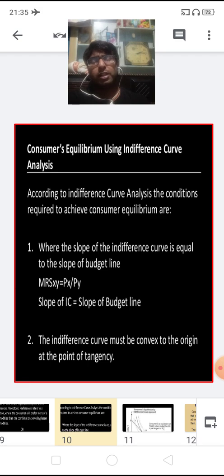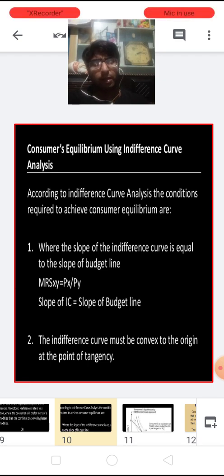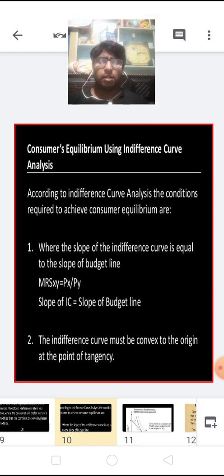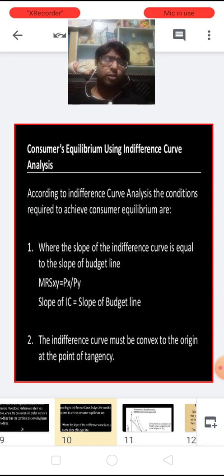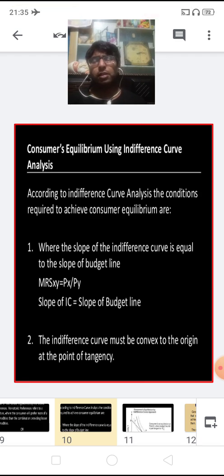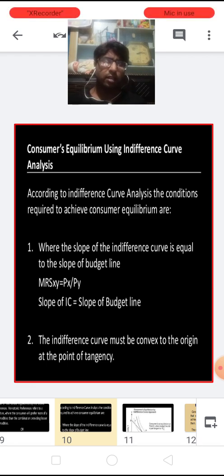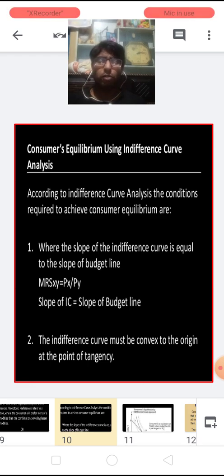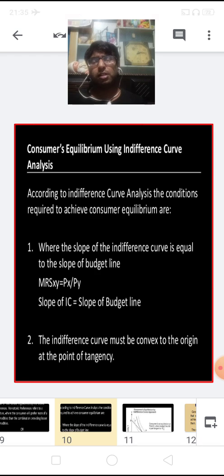So in utility analysis, a consumer can be in equilibrium with the consumption of a single commodity when the marginal utility in terms of money is equal to the price paid for the commodity. If this condition is satisfied, then the consumer will be at equilibrium in the single commodity case. And for two or more commodities, the condition is MUx/Px = MUy/Py = MUm. If this condition is satisfied, then the consumer will be at equilibrium position.